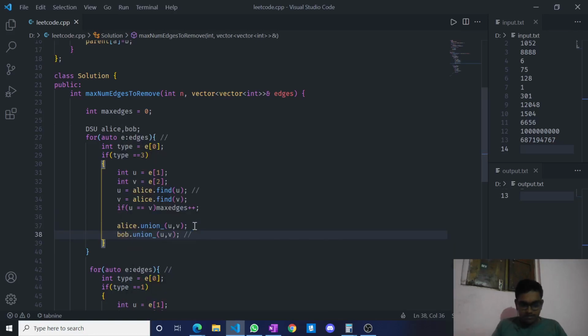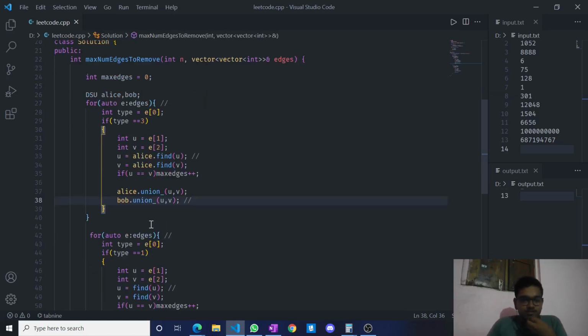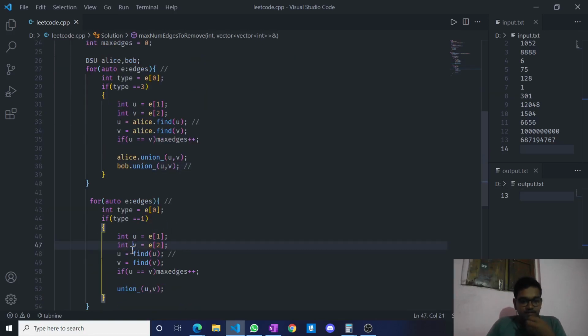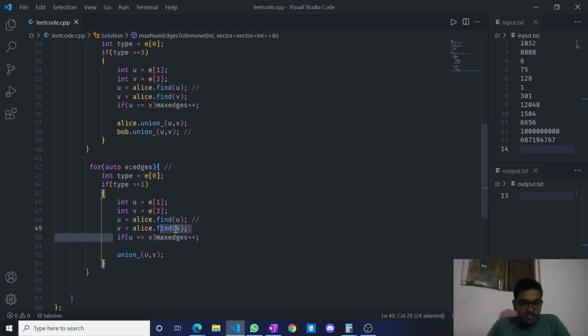So in the DSUs of Alice and Bob, we have to merge it in both. And here we have to use Alice DSU, because we are looking for Alice type edges. For Alice type edges, if they are already merged, we are going to remove that, and if they are not, we are going to merge them and make a union of that.